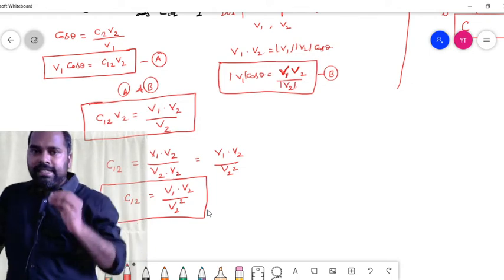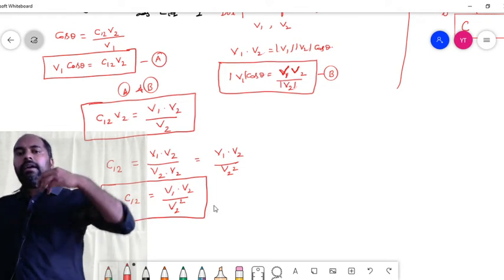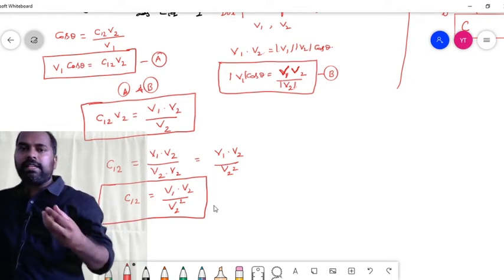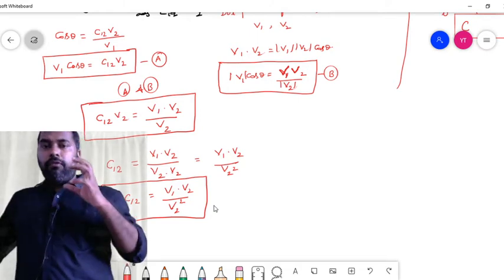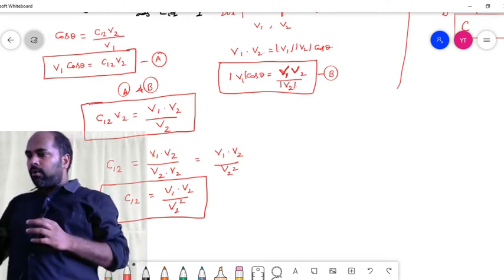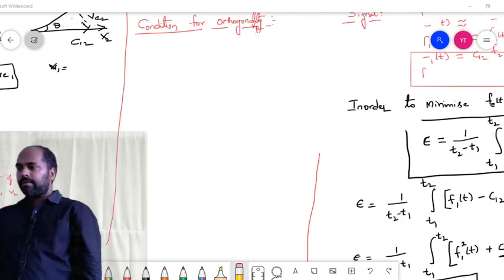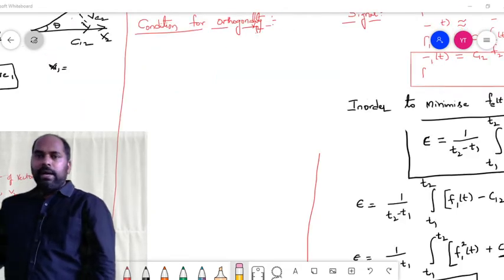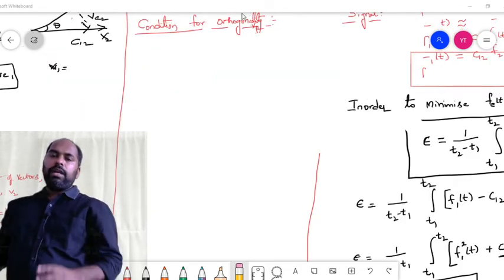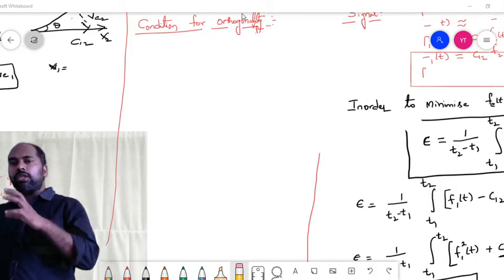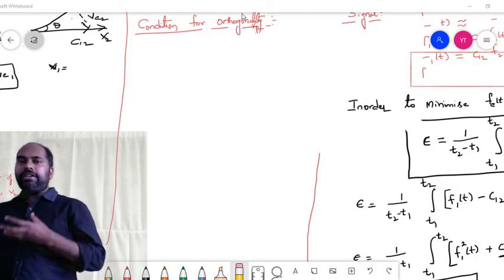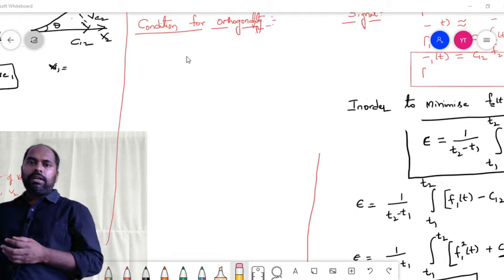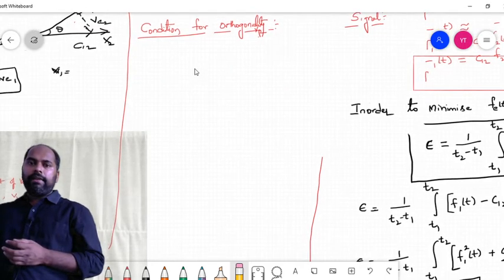Now, let us apply all these concepts in signals. But before going to the signals concept, let us see the condition for orthogonality. Okay, what is the condition for orthogonality? Whenever there are two perpendicular vectors,